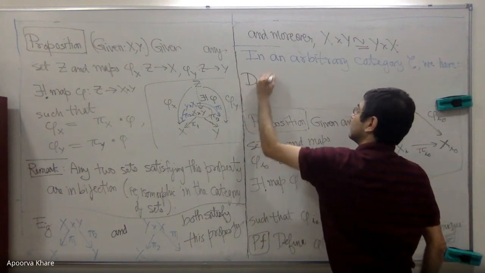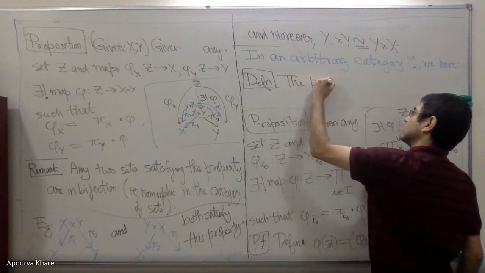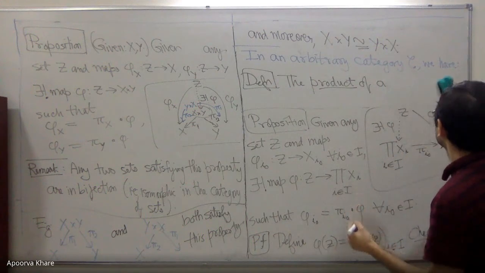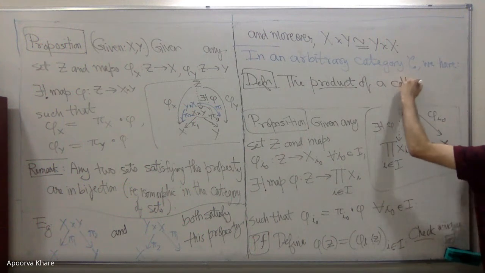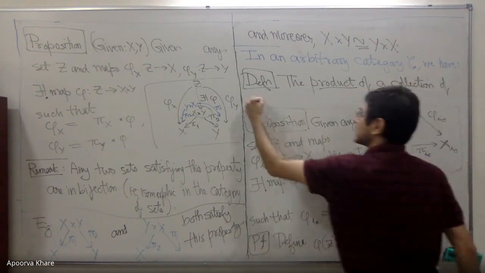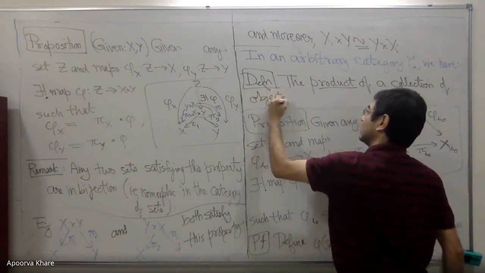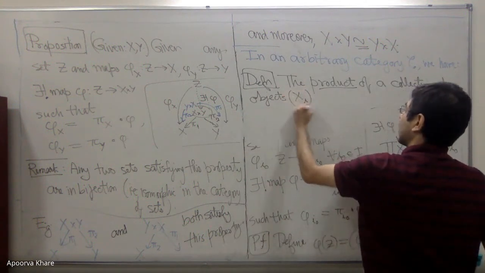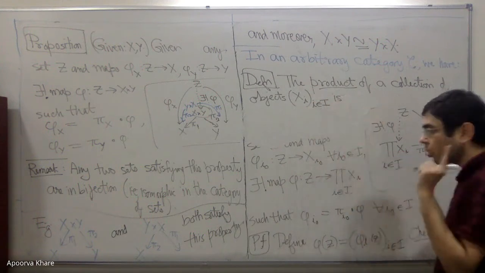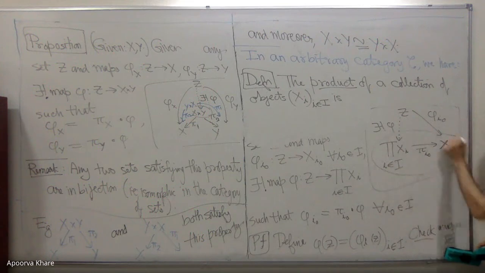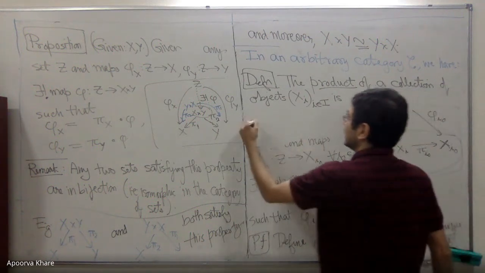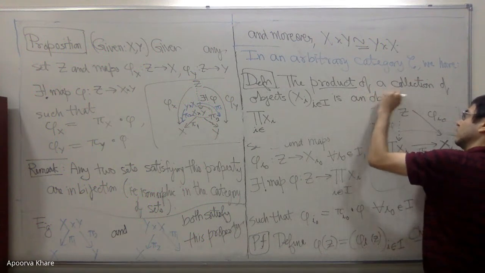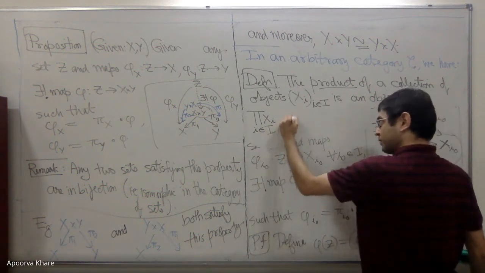Definition: the product of a family, a collection of objects X_i, i in I, is not just the object itself, but the object together with these maps. All of that together is the product. It is an object X and morphisms